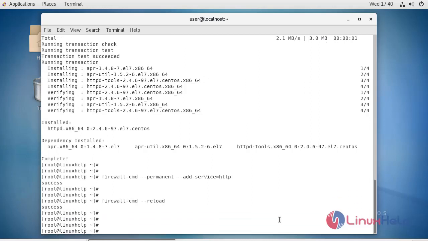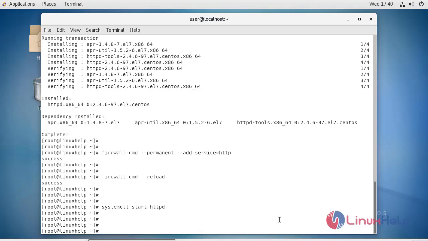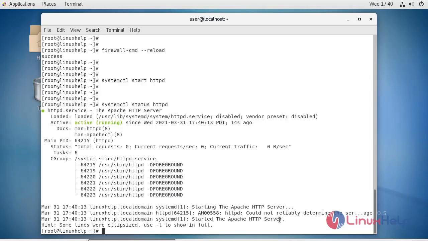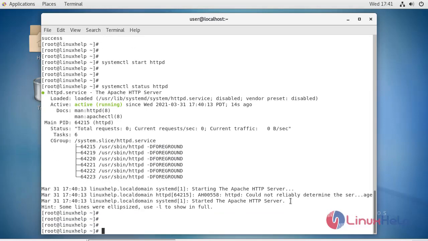Start the Apache server by using the following command. Check the status of the server. Status is active.